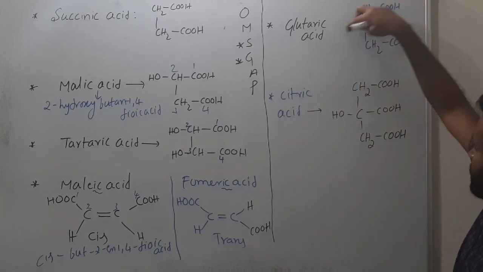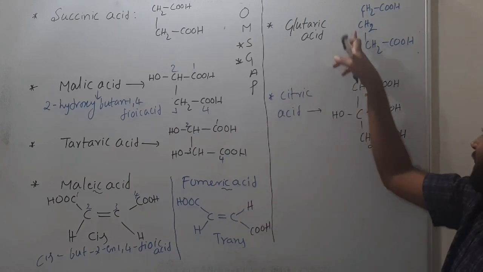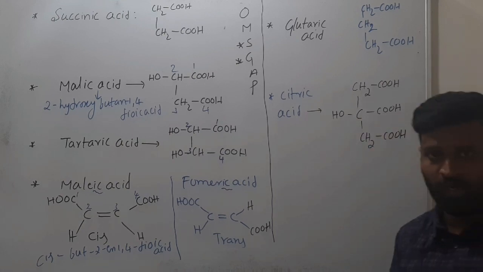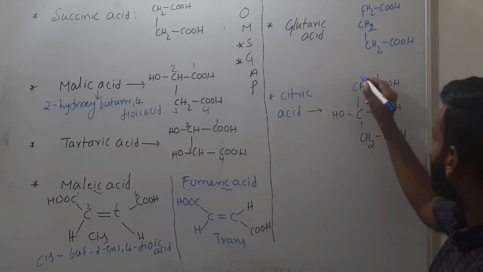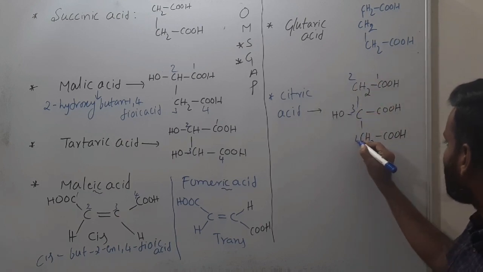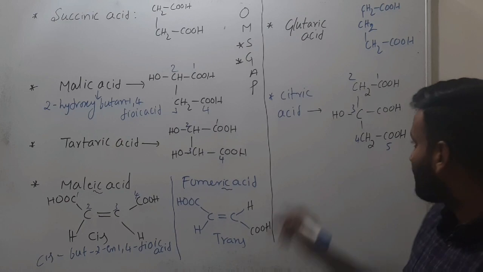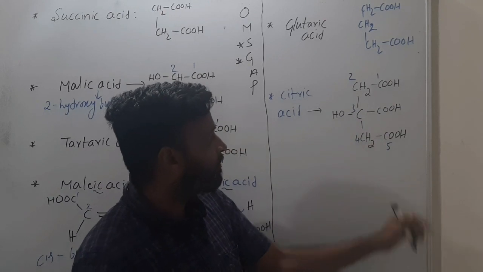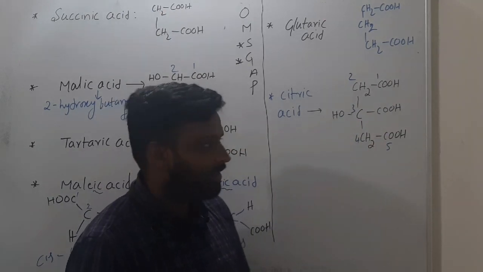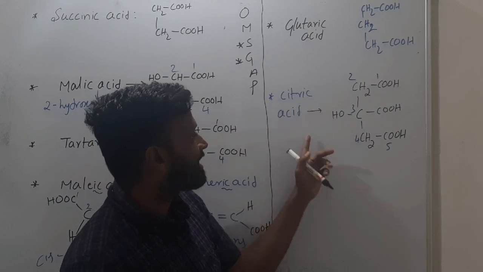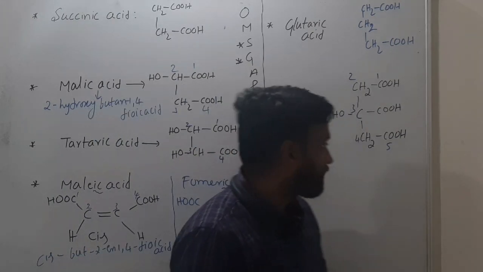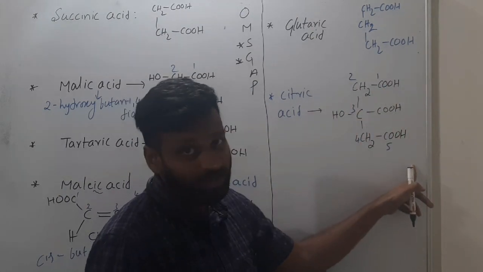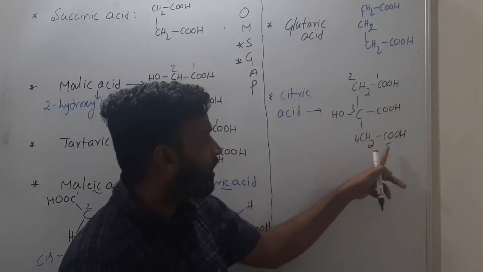So what is the difference between this glutaric acid and citric acid? At this middle carbon, both hydrogens are replaced by OH as well as COOH. If they ask the citric acid IUPAC name, even you have to say like this, 1, 2, 3, 4 and 5 like this. Here carboxy we have to use. 1, 3, 5 we have, so trioic acid. Okay, like that we have to say citric acid. Understanding? So here, sir, then why you were not giving a number to this carbon, means long chain possible you have to take or not? So 1, 2, 3, 4, 5 you have to say.